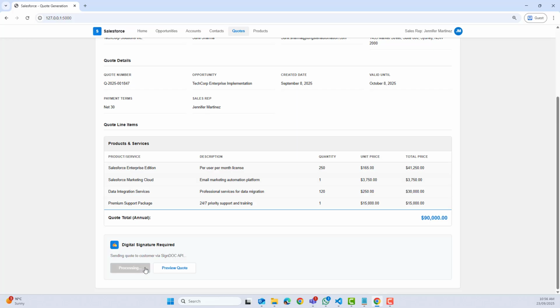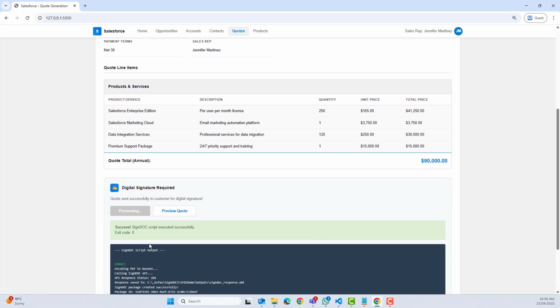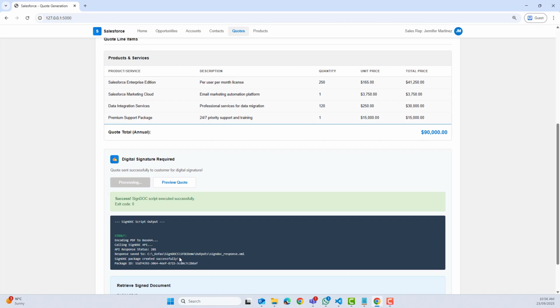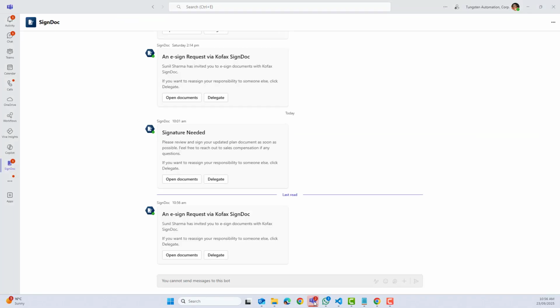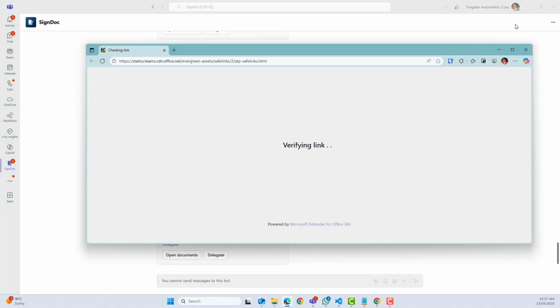So if I proceed, I click on that button, a script is run behind the scene and a SignDOC package has been created, and it gives me a package ID as well. This automatically triggers a SignDOC process. SignDOC also has a Teams integration, so it has sent me a Teams notification as well. Because this is a demo, I'm sending this back to myself, but in real life it will be going to an end customer. So if I'm the end customer and I'm happy to sign, I will essentially follow this link